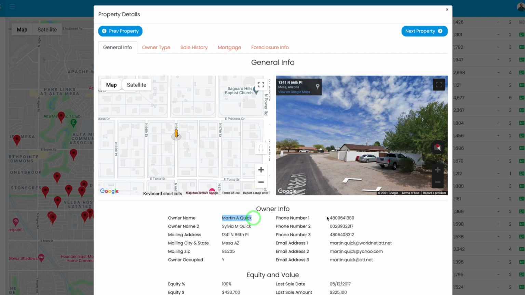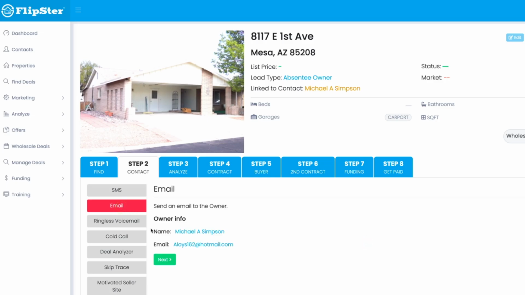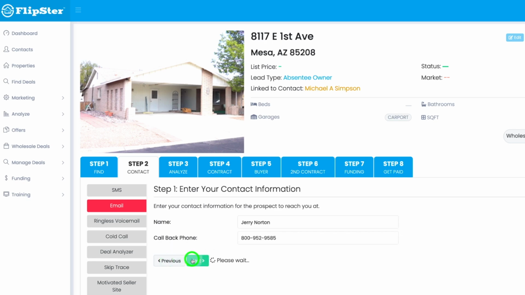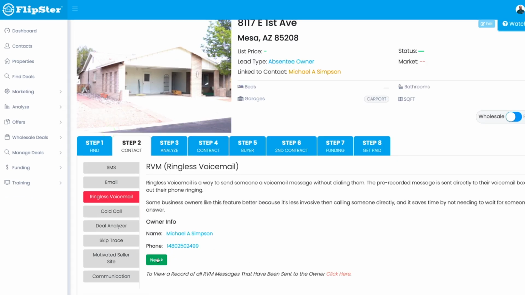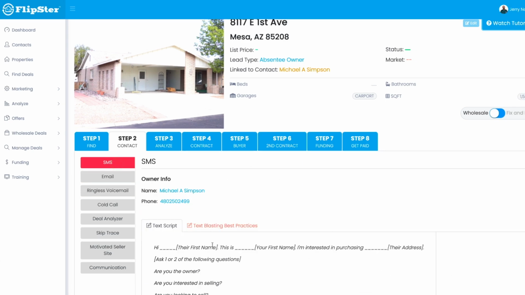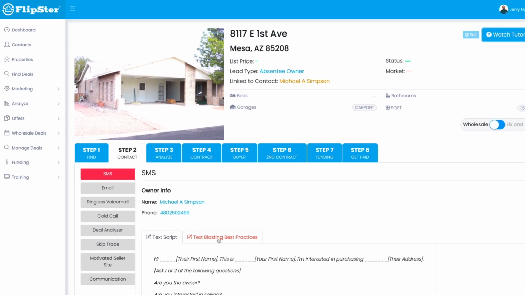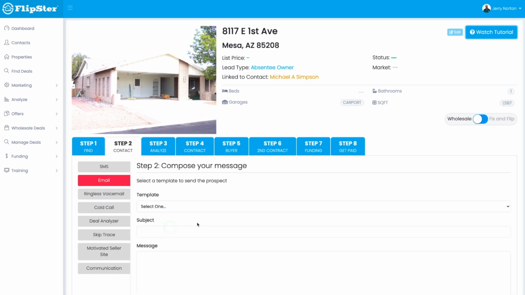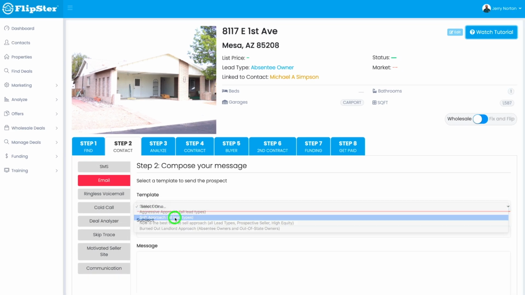including tools for marketing your leads, like advanced skip tracing with over a dozen data points, including phone numbers, email addresses, and social media handles, email marketing so you can email leads with the push of a button, ringless voicemail so you can automate phone calls and get people contacting you, SMS marketing so you can text blast groups of leads and get the best ones to raise their hands, and pre-written templates so you never have to write anything